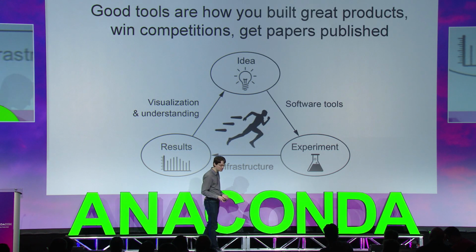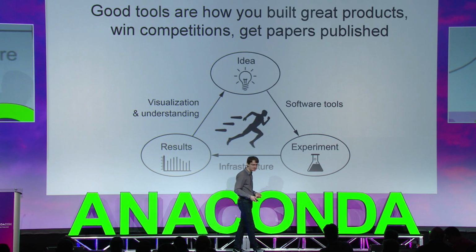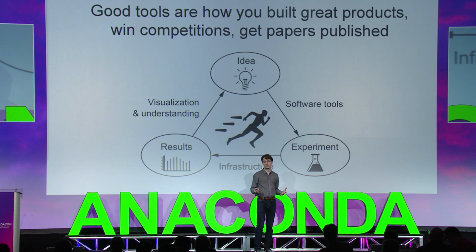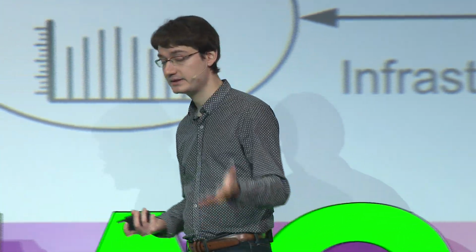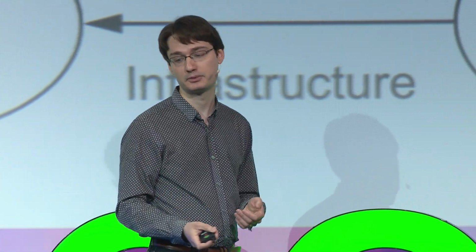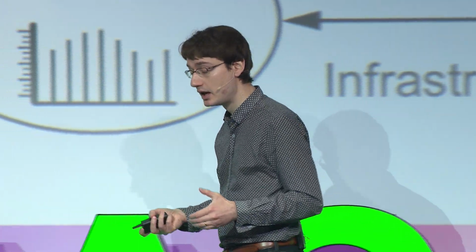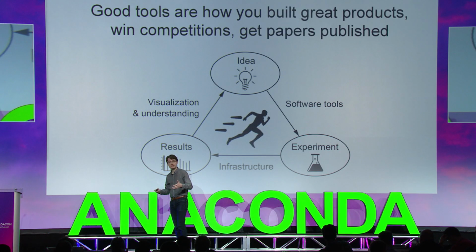You're going to run it on some very fast NVIDIA GPUs. Maybe you're going to be using NVIDIA Rapids or something. Then you're going to get some results. You're going to visualize and understand the results. And whether your experiment has failed or succeeded, you've learned something. And from what you've learned, you're going to come up with the next idea. It's going to be incrementally better than the previous one, right? And you get the best ideas, not by being the smartest, but by going through this loop of idea refinement as many times as possible, right?